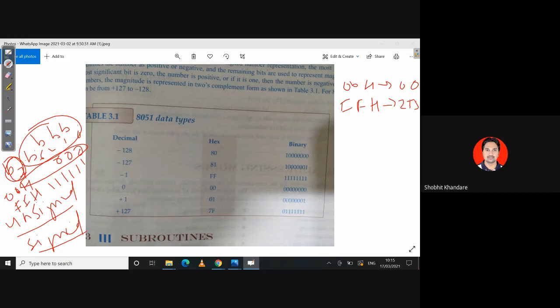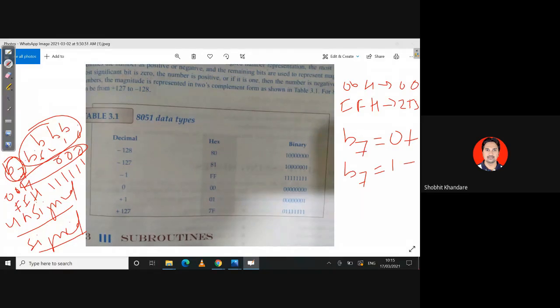For example, I'm talking about a signed number. If your B7 bit is 0, that means the number is positive, and if your B7 bit is 1, that means your number is negative.